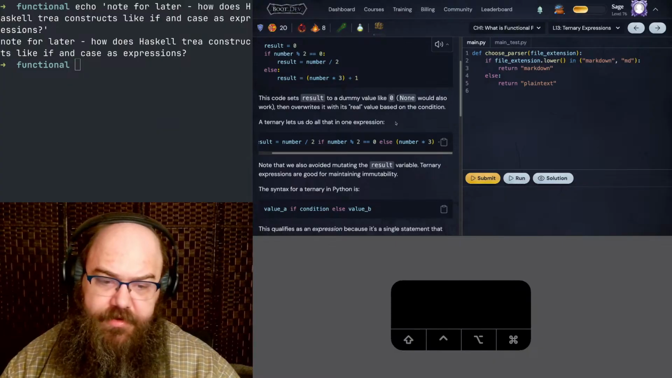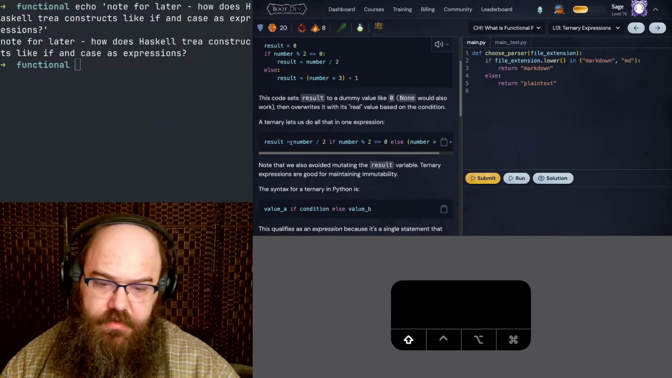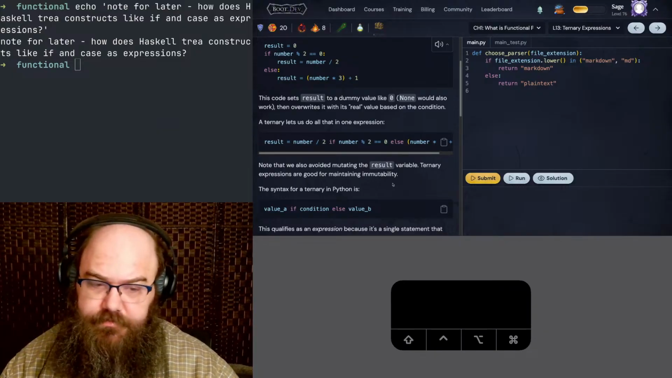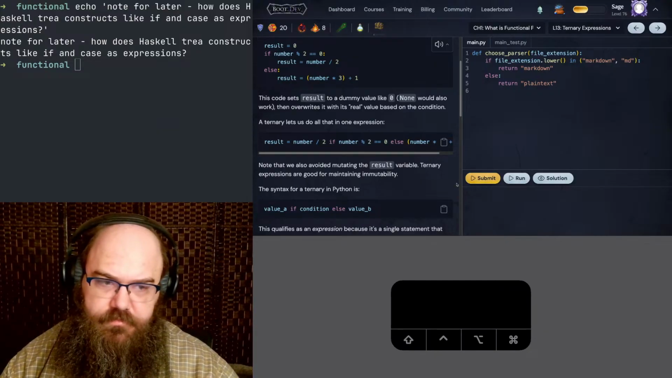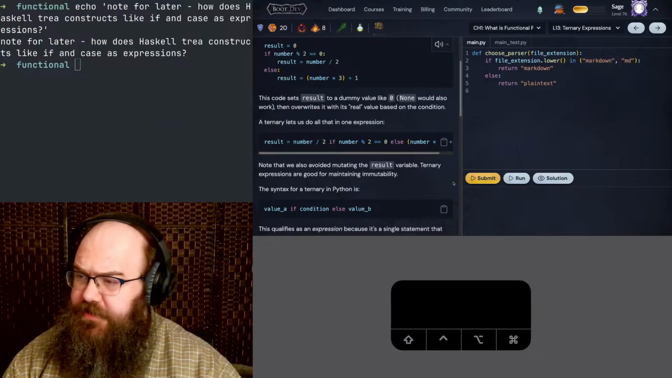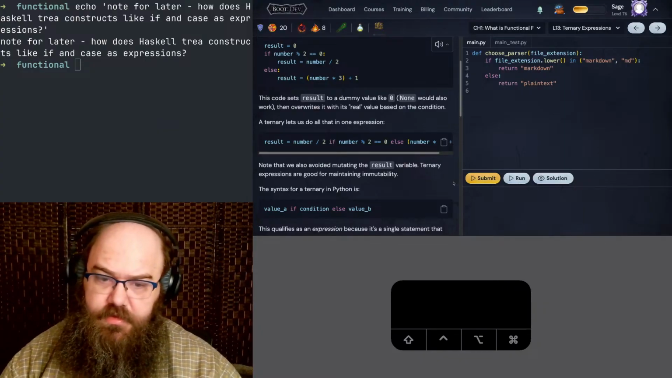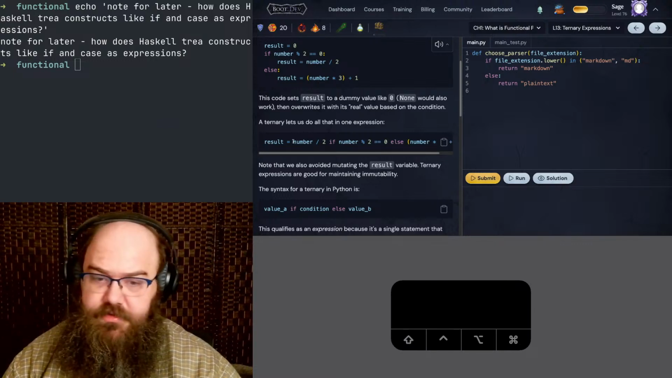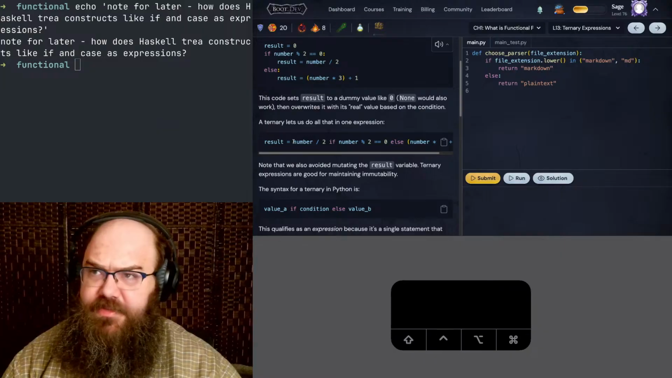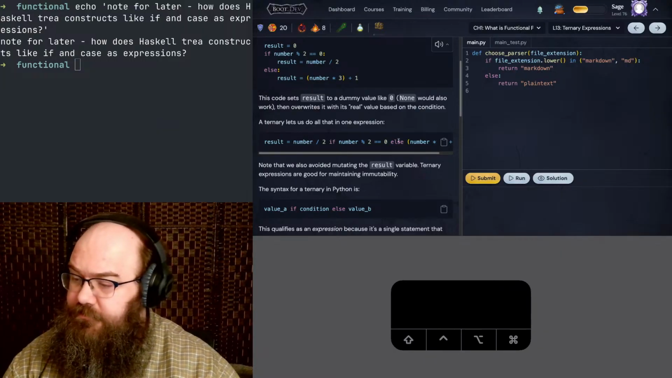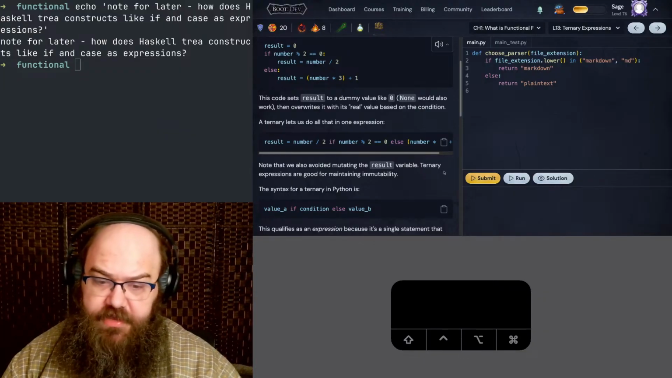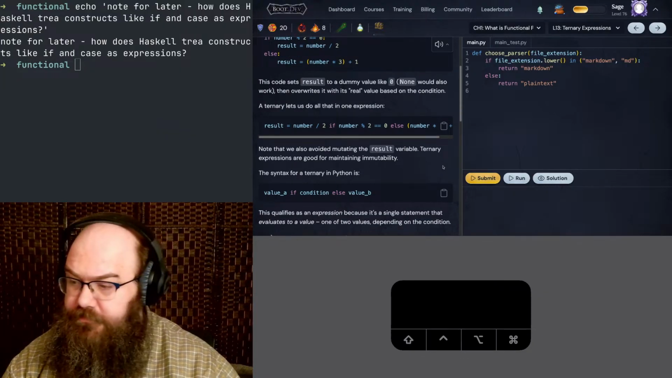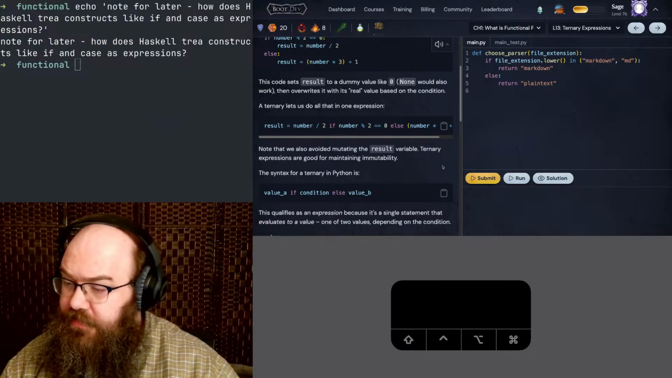A ternary lets us do all that in one expression. Yeah, I read that. Note that we avoided mutating the results variable. Right. We did the expression. We saved it to a variable. I feel like the explanation above was a little bit loosey-goosey on assignment statement versus an expression on the right side of an assignment statement. But I guess it doesn't make much sense to write the expression bare on a line because that wouldn't do anything. Anyway, the syntax for a ternary in Python is, there it says,